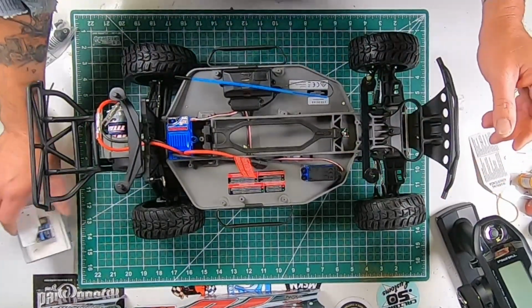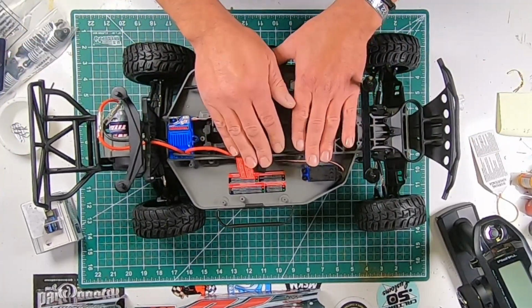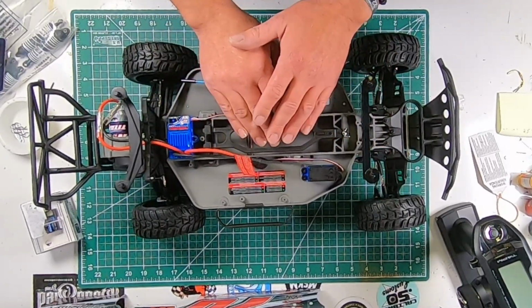But anyways, let me get set up, and I'm going to start doing this step by step. Mark over at Oval RC has a killer 3-part tutorial on how to do this. That's going to be a hell of a lot more in depth, but I figured I got to start somewhere,